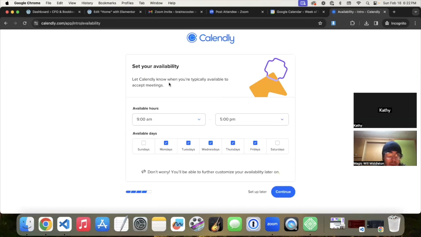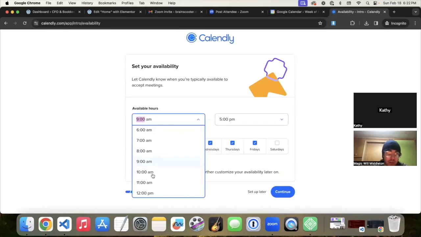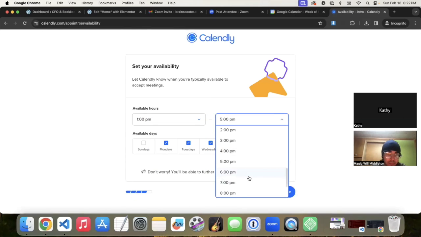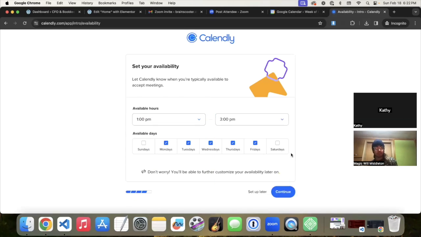Let Calendly know when you're typically available to accept meetings. What are your usual hours? You could change this later. I'll probably do afternoons, maybe like in there. Cool. And then you can check those boxes. Those are the available days. I don't know if you have certain days. Okay, we'll do that. Yeah, we could change that too. And then if you click continue,